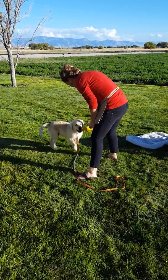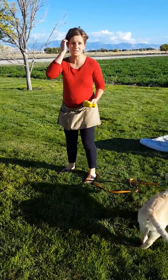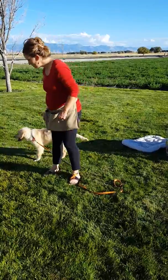I'm not going to get him to grab the toy. But when you say drop it, you want him to open his mouth and release it to you on command. And so that's a really handy habit. And that manner